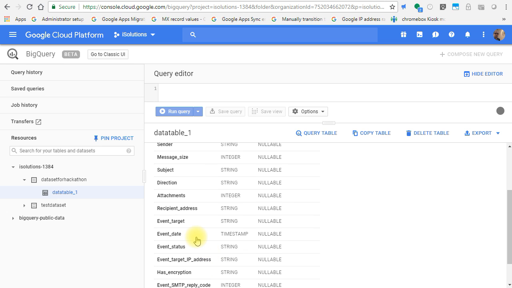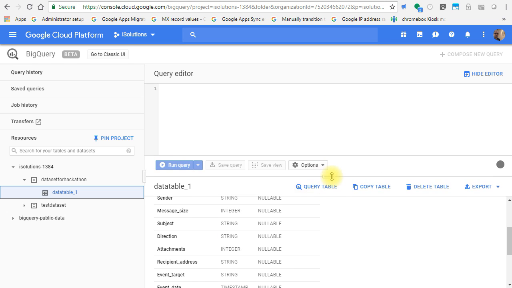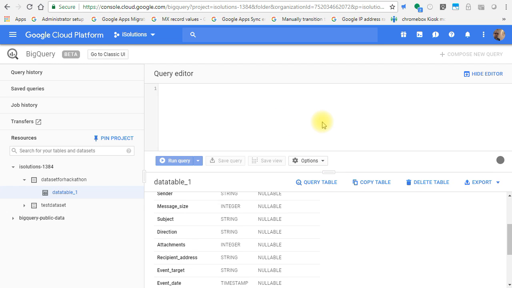So I want actually to query the field called event target, and this field actually has some default values in it, and I want to know how many rows I have for the event target called SMTP out. So simply I will just type a normal or a standard SQL query to get the data that I want, and the only difference here is the way that I type the table name that I want to run the query on. So for example, I want to select,